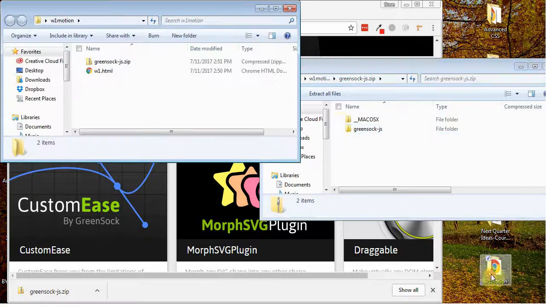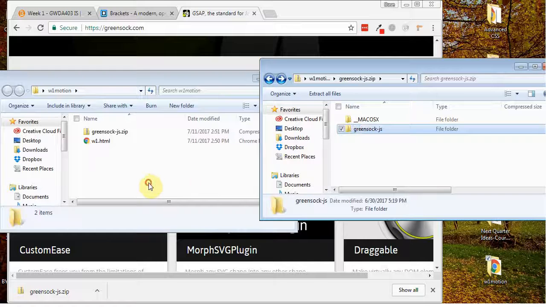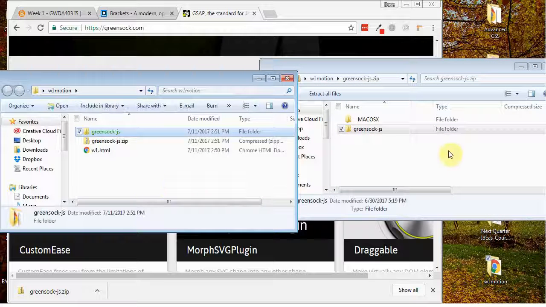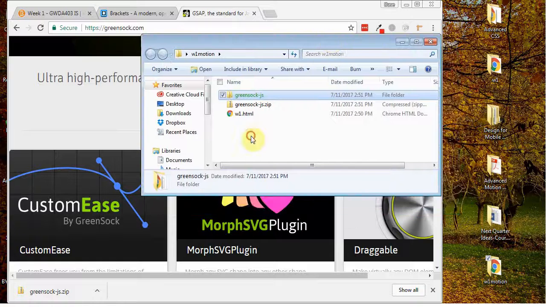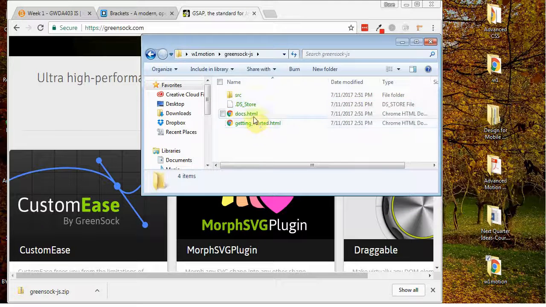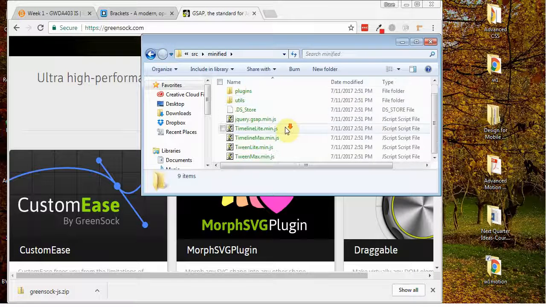So basically what I can do is open these up in 2 different windows, and I can just click and drag this over. Okay, close out of that. So now here I am in my motion folder. I'm going to go inside of GreenSock. I'm going to go inside of source, and I'm going to go into minified. Minified just means it's a compressed file, and it's going to be as small as possible. Because I don't think, I mean, maybe later we will, but I don't think we're really going to mess with these files that much. So I'm going to go inside of minified, and the one we want is